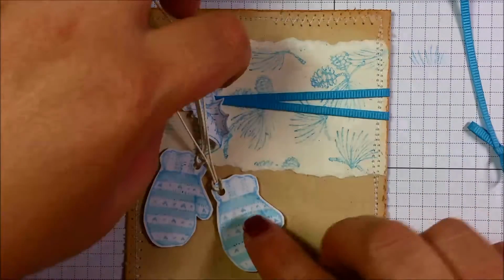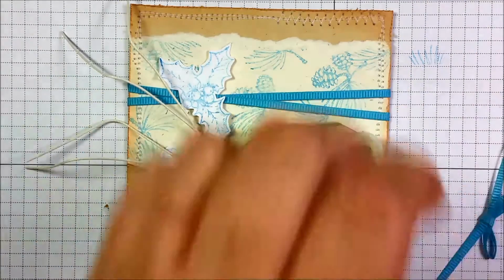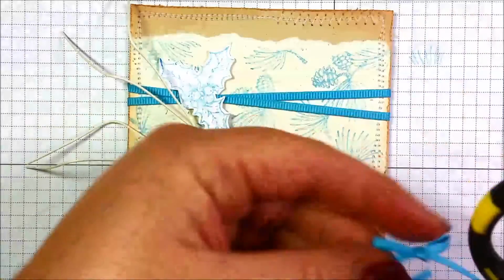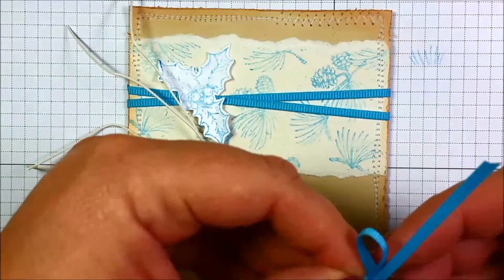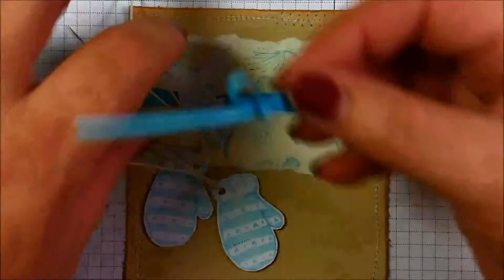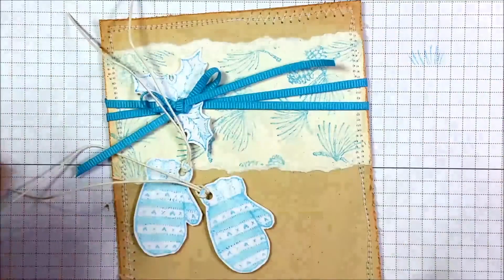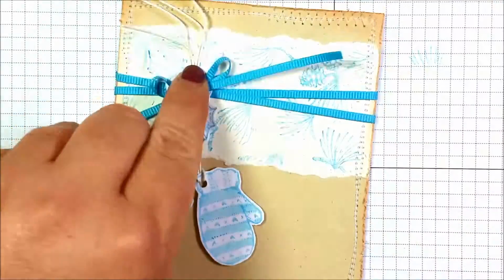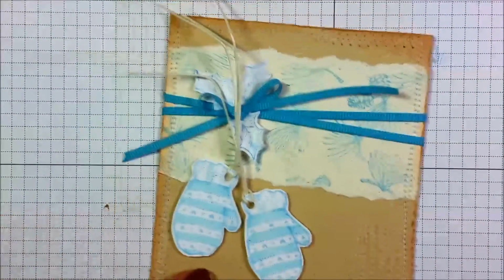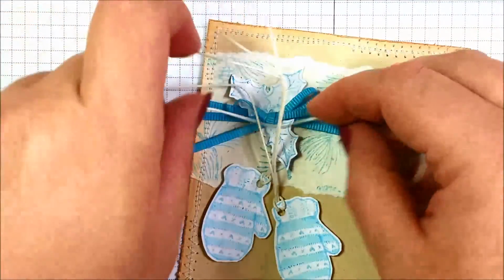And before I do anything, I'm going to take this little itty bitty bow, and I'm going to put it a little bit wonky in the center of that. Then I'm going to take these, draw them up, and I've cut another piece of twine,